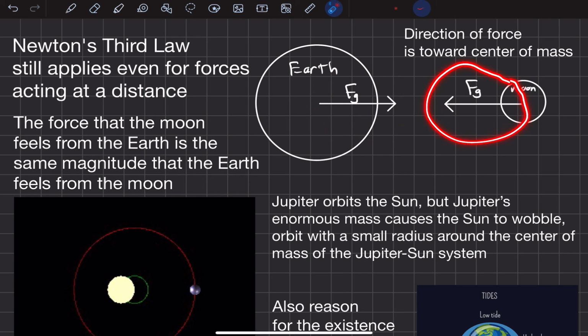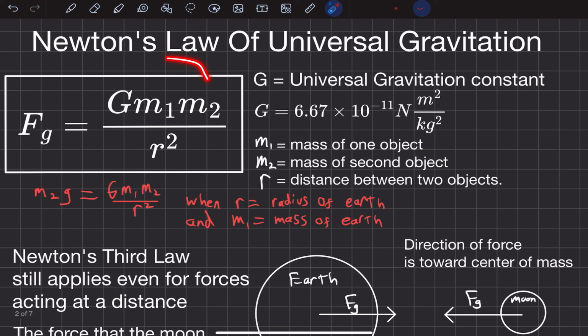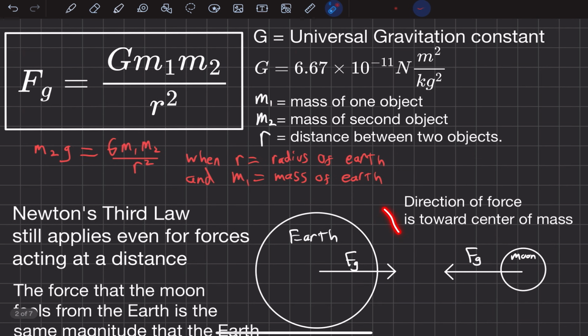So the force that the Moon feels because the Earth exists is the same magnitude, but opposite direction, that the Earth feels because the Moon exists. And they're both this equation right here. In this case of the Earth and the Moon, m1 might be the mass of the Earth, and m2 might be the mass of the Moon. This r here would be the distance between the Moon and the Earth, and of course G never changes because